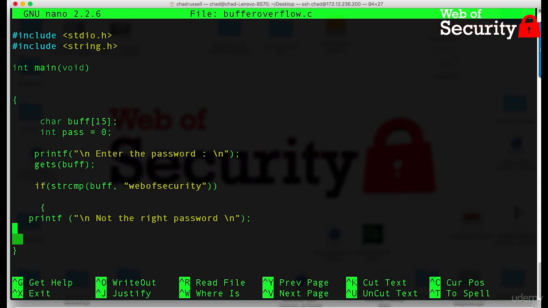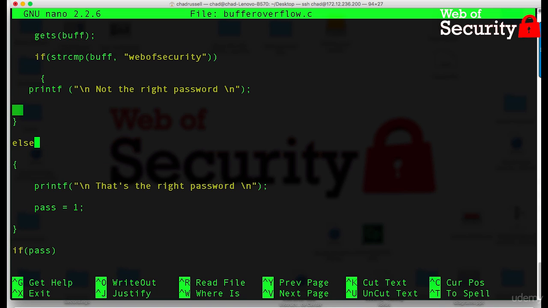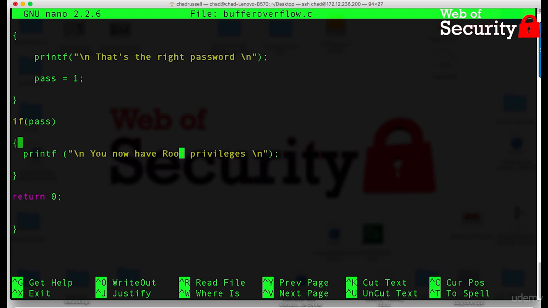If they don't match, then we'll say that's not the right password, go back, give them an option to put in the correct password, and then we'll set it to 1,